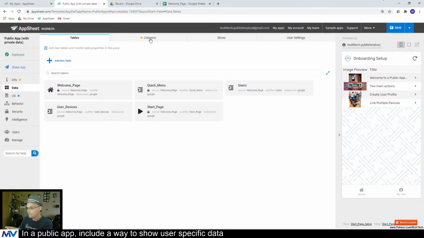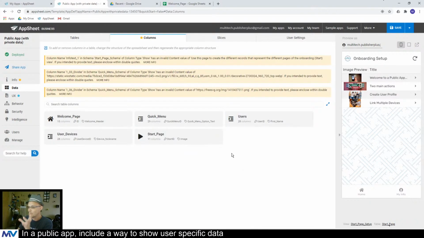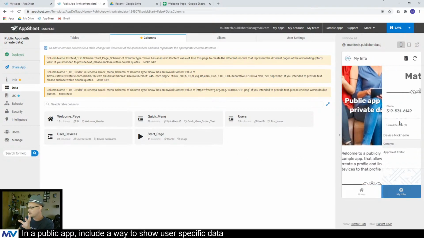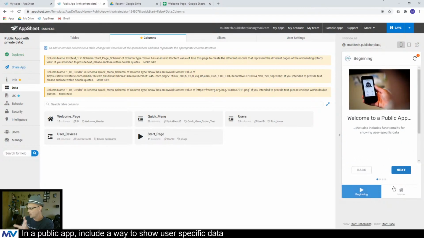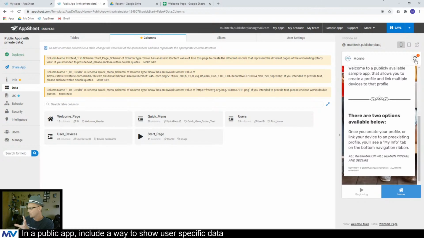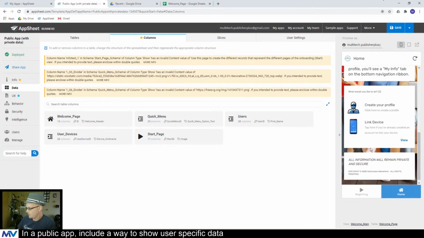So how do things actually work? If we look at it, I'm going to delete my user record. Okay, so we have beginning, and we go to home and wait for these to sync up. I'll push it so that it happens faster. That'll make the menu options appear. So here we go. All right, so the way that this works: